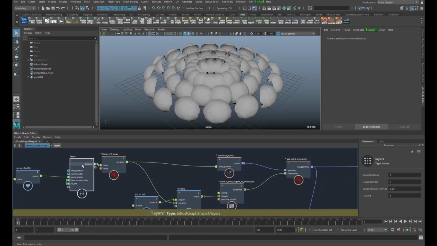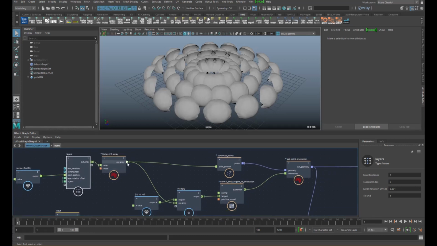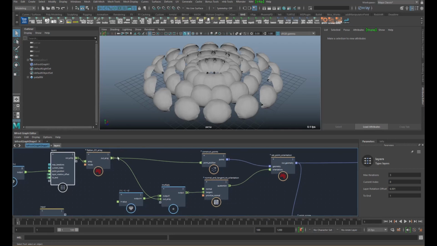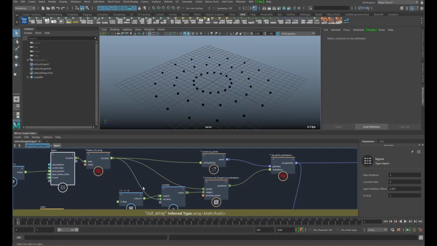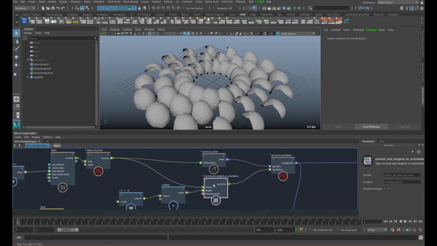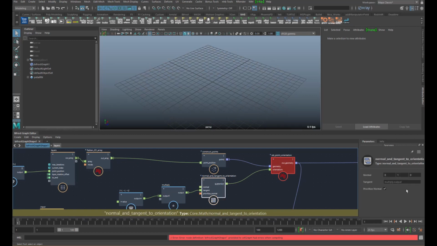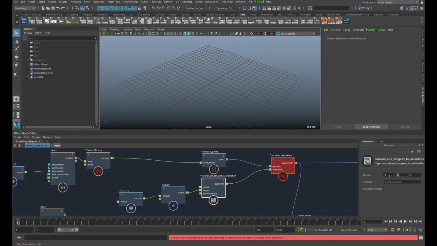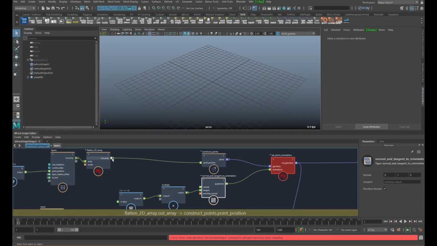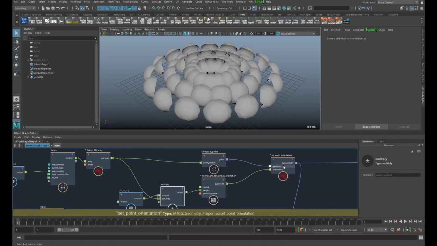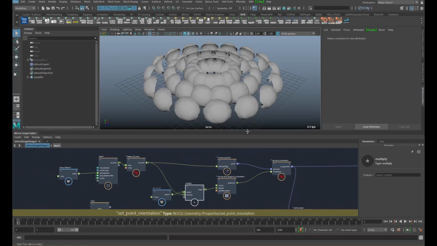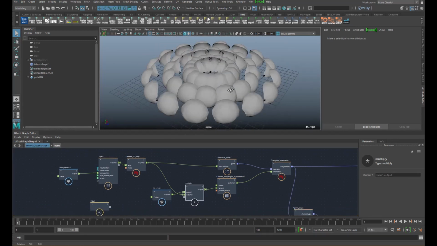It was when I created the layers, I hooked up the orientation like this, I think. But that's wrong. We had it right the first time. We want to keep our normal as y-axis, 0, 1, 0, and take the point positions as a tangent to make up orientations. And now everything is aligned correctly.